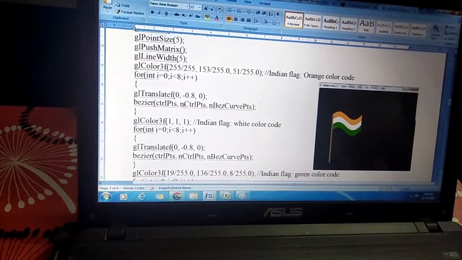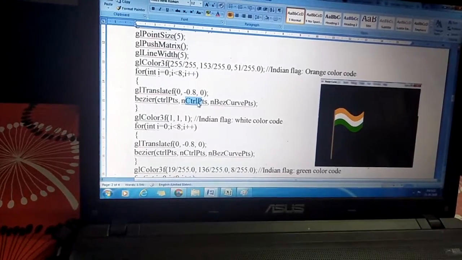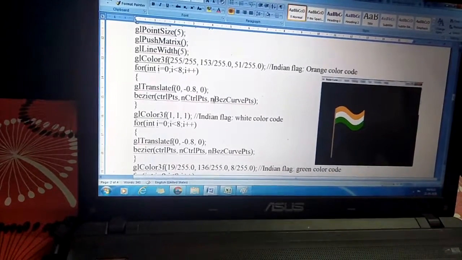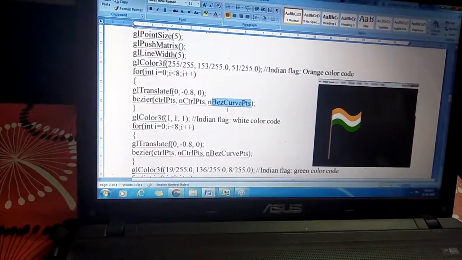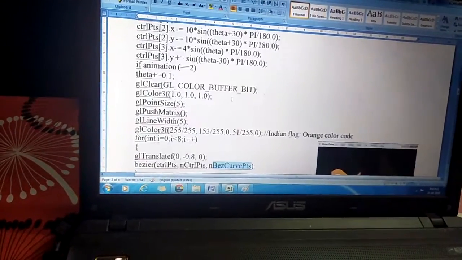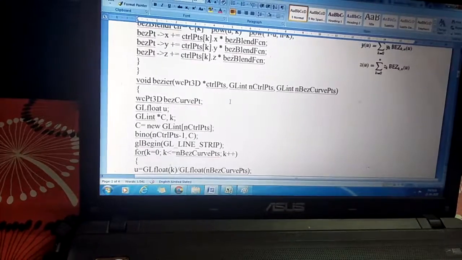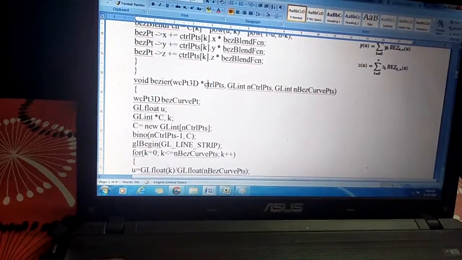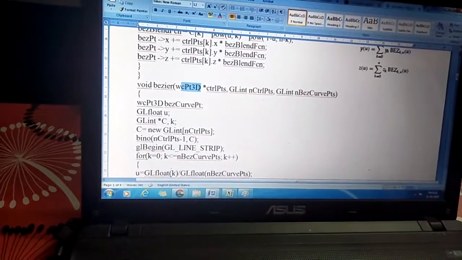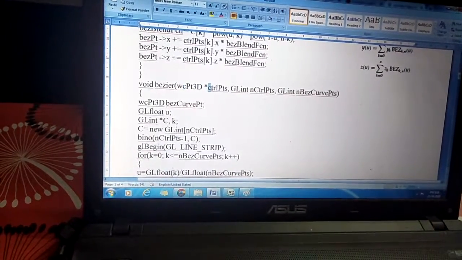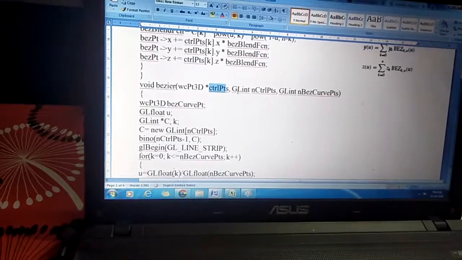Next, n control points. The value of this is 4, and n Bezier curve points. What is the value of this? This is 20. Once this is passed, since this is a structure of type wcPt3D, world coordinates 3D, it's been referring to that.